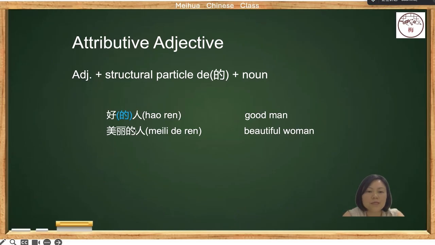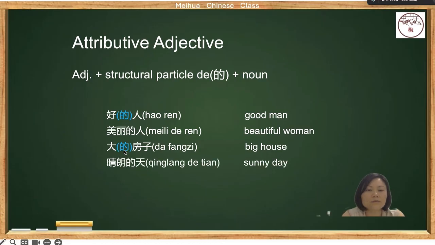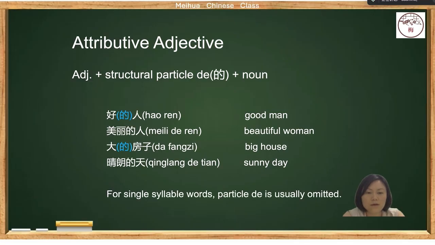See, we have this particle here, 的。大的房子，大 means big, right? Big house. In English, we don't have anything in between, but in Chinese, we should add a particle in between the adjective and the noun. The last one, 晴朗的天，晴朗 means sunny. The sky is shining, sunny day. 晴朗的天 between 晴朗 and 天 we have this particle 的。